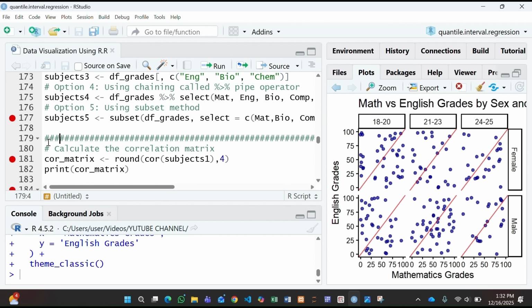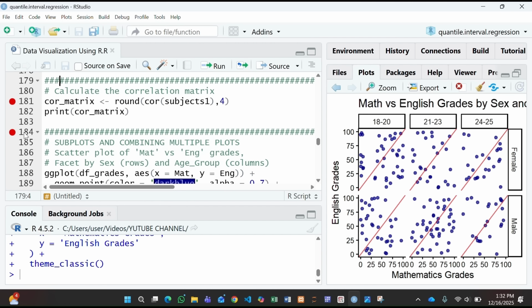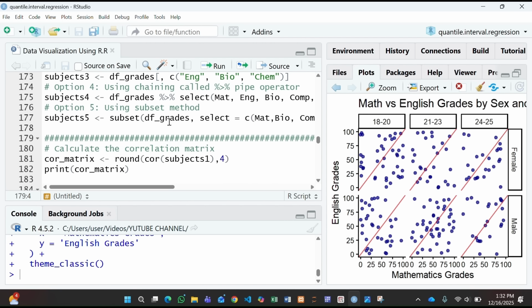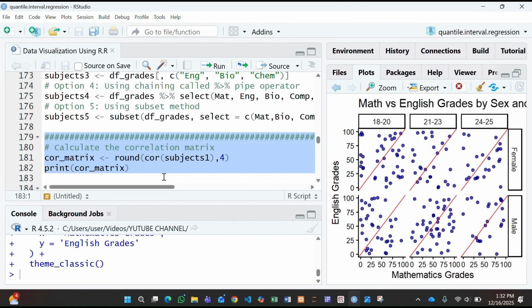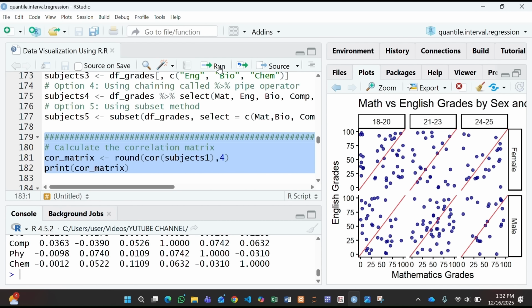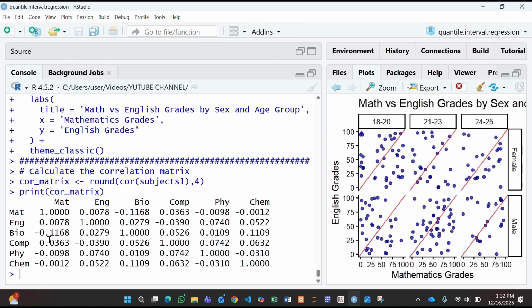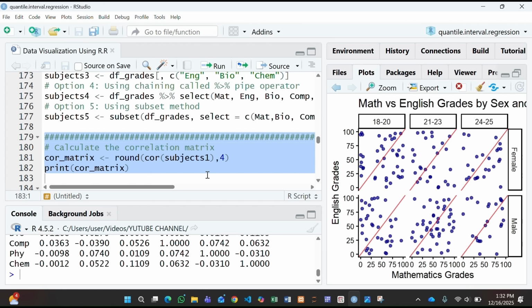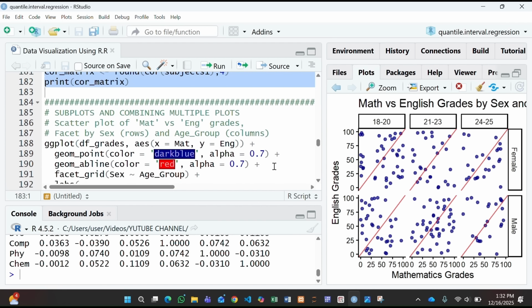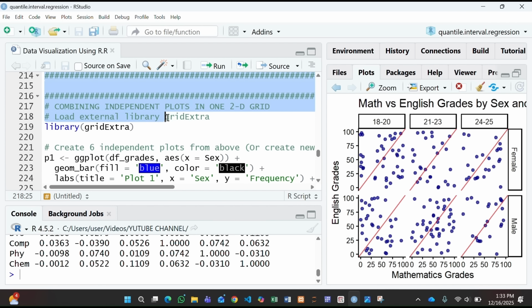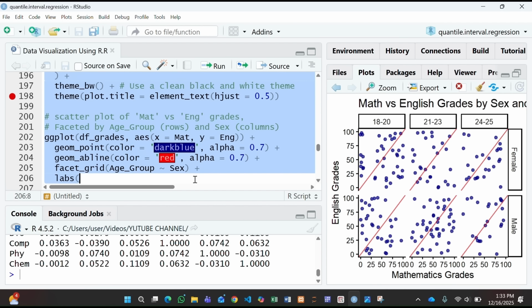So go here to where? Okay, let me start from here. This one I've done already. Oh no, correlation. We've done the correlation. Oh, the correlation, I think I jumped. So after finishing that one, I jumped the correlation here. So the correlation, let me run it because I jumped. When you run it, it gives the correlation matrix, because last time we just did it, so it gives the correlation matrix of those. Yeah, this was very important. I jumped it. Okay, now we're running from here up to,